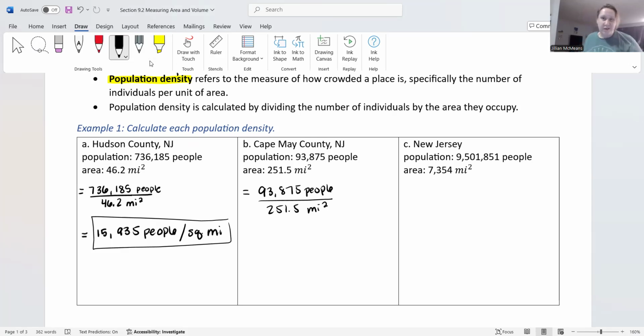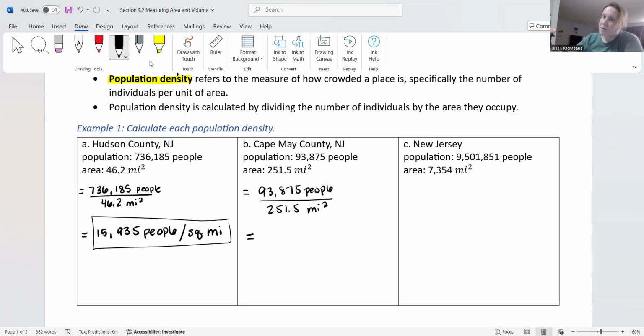So you know how to calculate this now. I showed you on the calculator a minute ago, so you can do this on your own calculators. Let's see. We want to take 93,875 people, divide it by 251.5, and we get that the population density for Cape May County, New Jersey is,